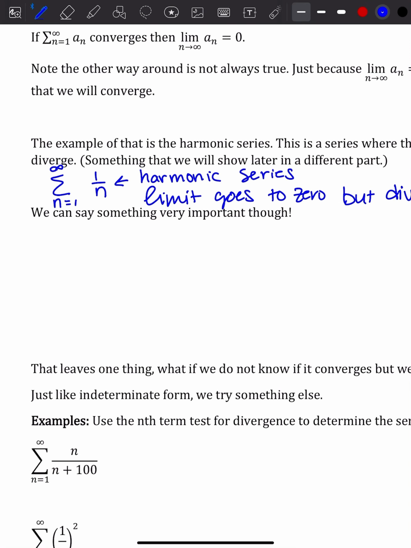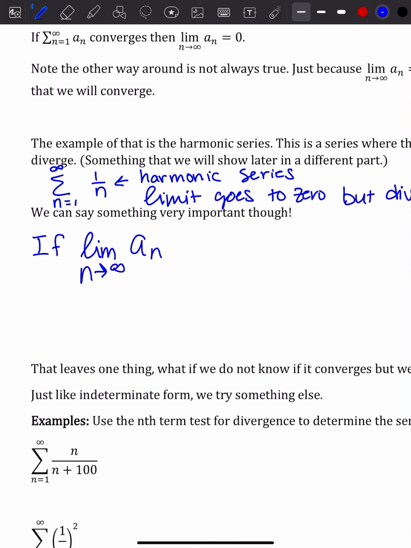So that seems like it's not going to be very helpful. If we can't say that a limit approaching 0 means that it converges, then it's not very helpful. But one of the things you may remember is that we're calling this the nth term test for divergence. So even though we can't say the limit approaching 0 automatically means that it converges, we can say one other thing. If the limit as n approaches infinity of our sequence's terms